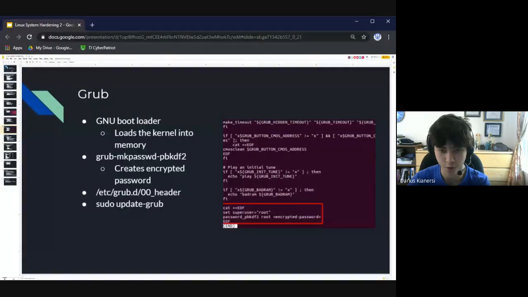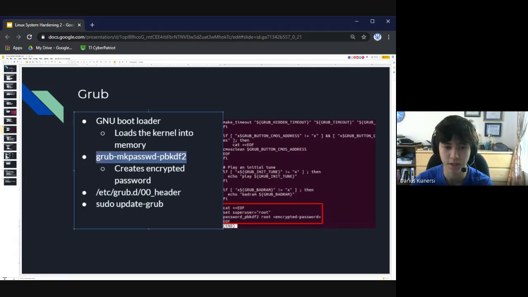Okay, next is GRUB. GRUB is the GNU bootloader, and what it does is it loads the kernel into memory. You don't need to concern yourself too much with what it does, but what you'll need to do to secure it is create an encrypted password and set the superuser equal to root. The way you do this is with the grub-mkpasswd-pbkdf2 command. This command will prompt you to input a password, and then it'll encrypt it using PBKDF2, and then you'll copy that password that it generates and put it inside the